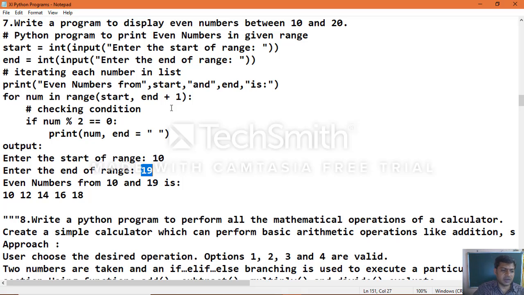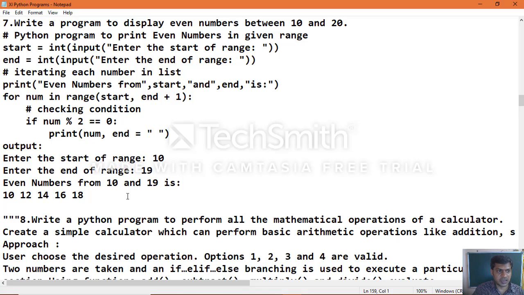So from 10 to 19, the even numbers you will get are 10, 12, 14, 16, 18, because 20 will not be considered here. The range function of Python does not consider the end value, except the end value everything is taken up to that number. That's why you get this based on the input start number and end number. So 10, 12, 14, 16, 18 are the even numbers.